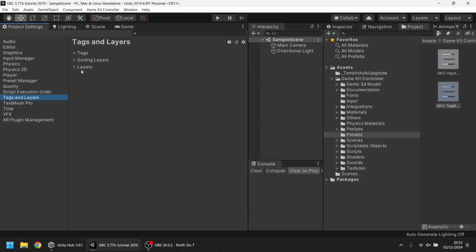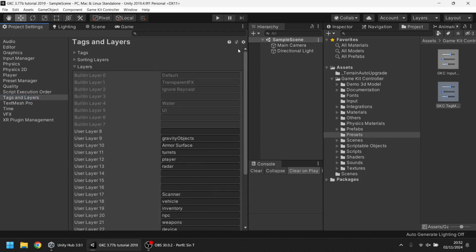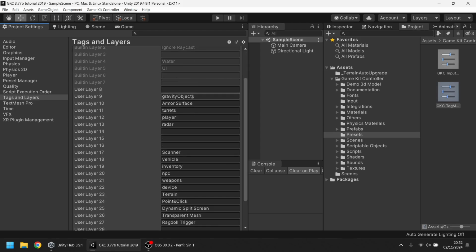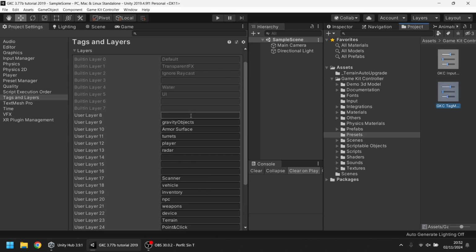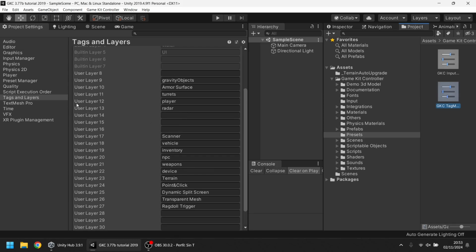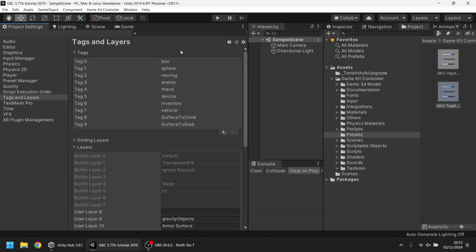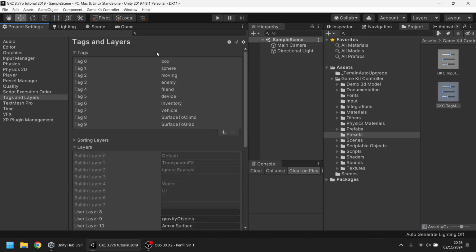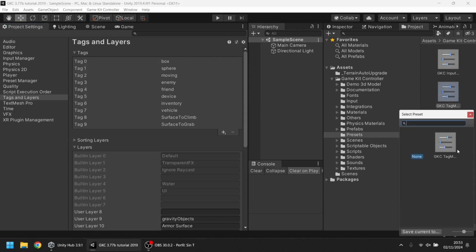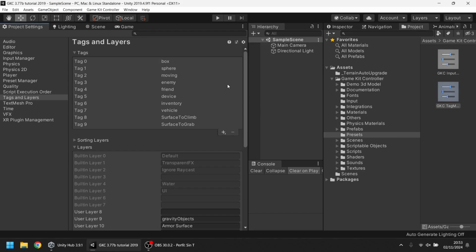Take into account that Unity itself overrides the previous settings that you have in input manager or tag manager. This is how Unity works, but you can combine them manually, or you can also remove those tags and layers that you don't need or you are not going to use. I will tell later which of these tags and layers are not necessary. There are not many of them in any case. But as I said before, you can select here the presets from GKC that are included into the asset itself.